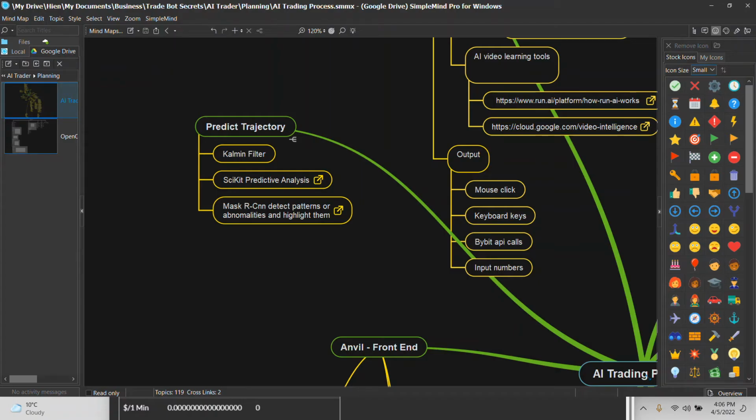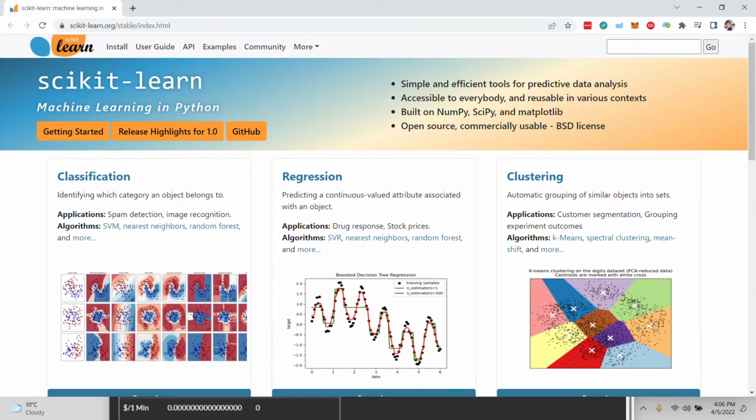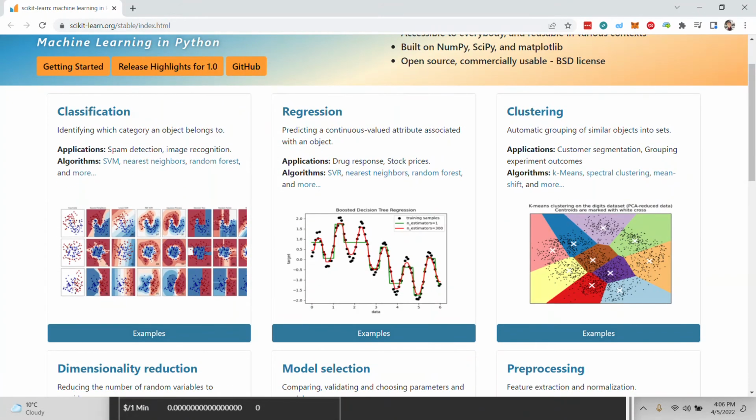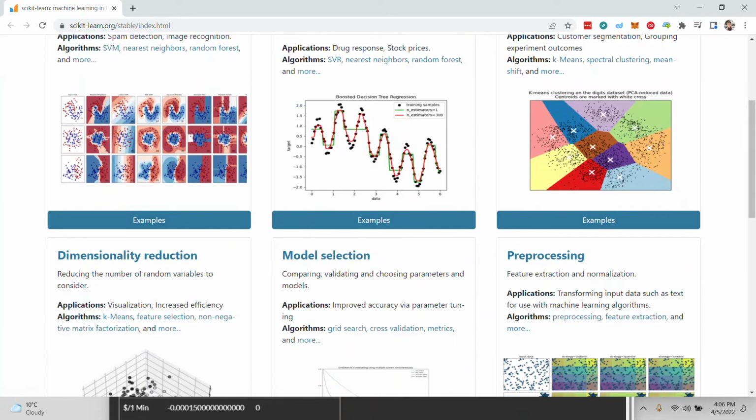So there's this thing called scikit predictive analysis. I'm going to show you that here. You can see this predicts stock prices and stuff like that. I think there are certain models where you can pull out what you've learned and put it into a k-means algorithm. It groups things that are similar that it detects. I think there's a lot of that where we can start grabbing images of different patterns, and it's going to sort those patterns in what's it called,